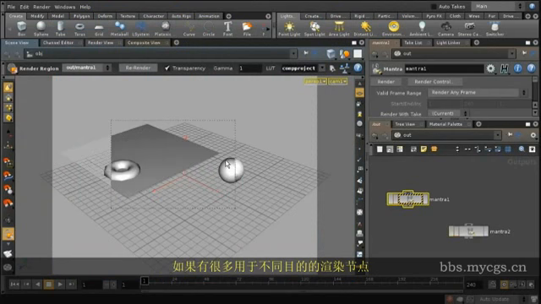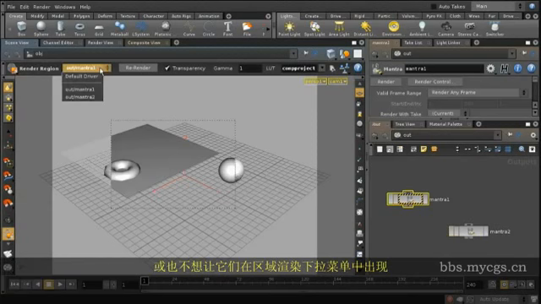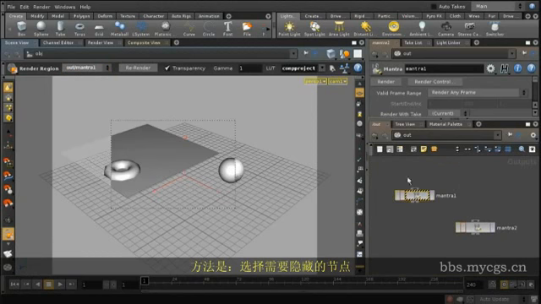Now if you have many render nodes, each one for a certain purpose, you may have some render nodes which are used by other render nodes, so they are not useful on their own, and you may want to hide them from this list here or from the list of the render region tool, this list here. So what you would do in this situation is just go to your nodes, select the nodes you want to hide. Let me say I want to hide Mantra 1, so I will select it and I will hit Shift